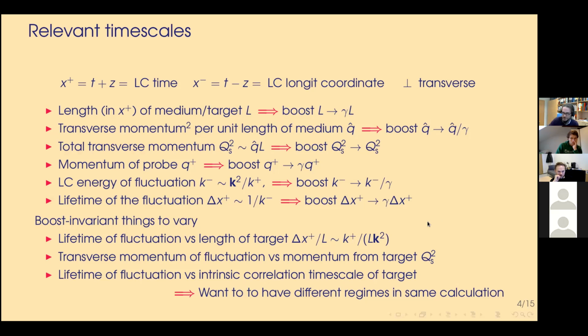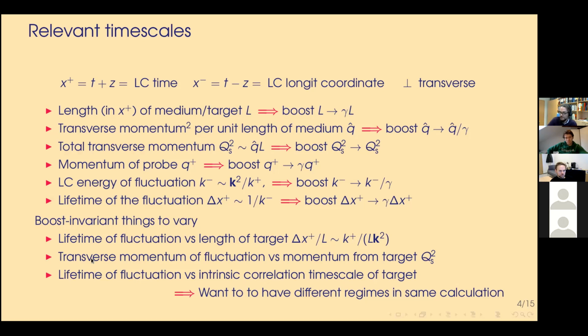So one should think rather in terms of ratios of things that are boost invariant, such as what is the lifetime of some quantum fluctuation compared to the length of the target. Here the gamma factors cancel, and this is K plus over size of the target K perp squared is a boost invariant combination that describes what is the ratio of the lifetime of the fluctuations versus the length of the